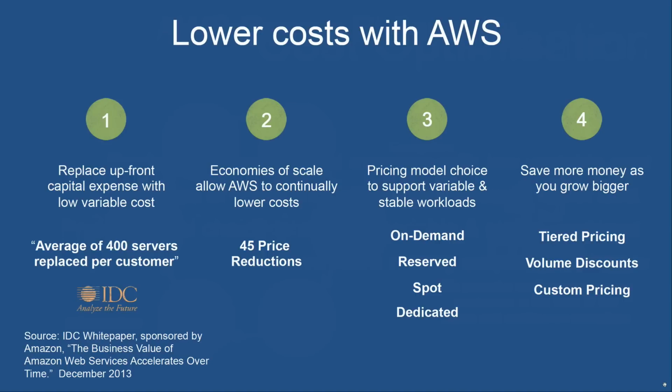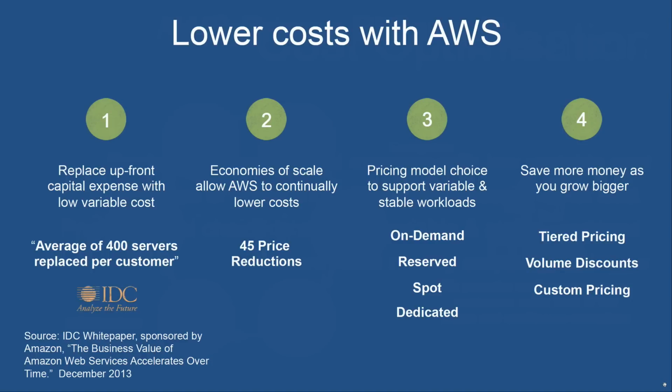So if you know you've got, for example, a long-term workload that's going to run for quite a long period of time, you can opt to buy the resources for that workload using reserved instances and other types of reservation purchasing model, which will drive down the hourly cost of those resources for you in return for making that commitment. So you have some options that you can use to further optimize your costs depending upon what your particular workload profile is. And fourthly, the more resources you consume, the less your unit cost per resource will be.